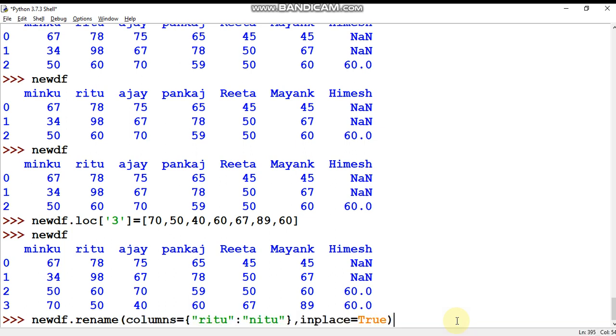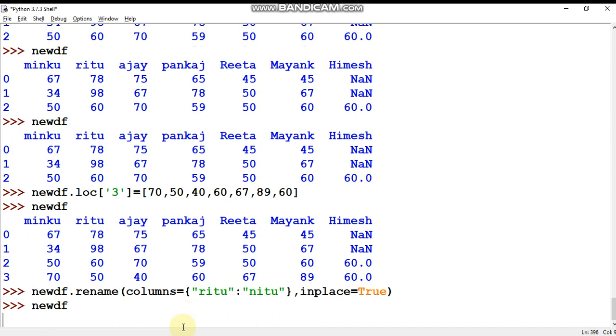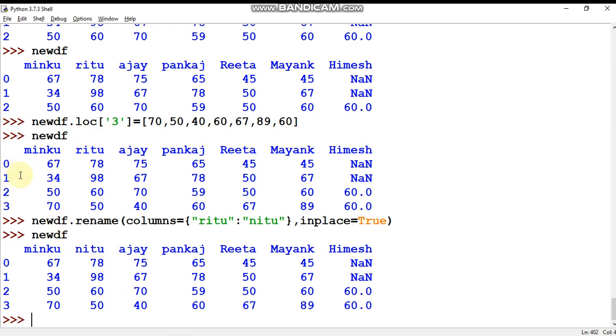And now just press enter. So what I actually did here, I renamed Ritu to Neetu. So see the reflection, new df. You can see it was Ritu before, now we have renamed it to Neetu.